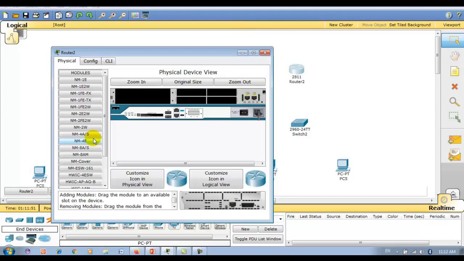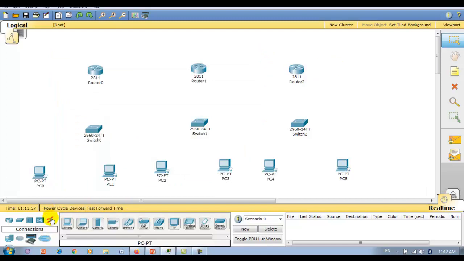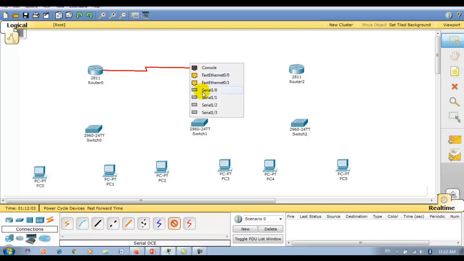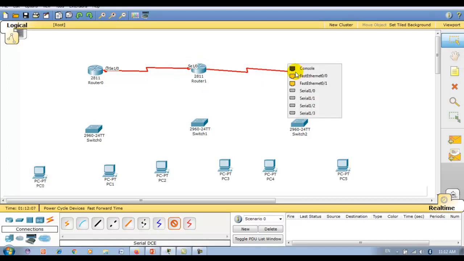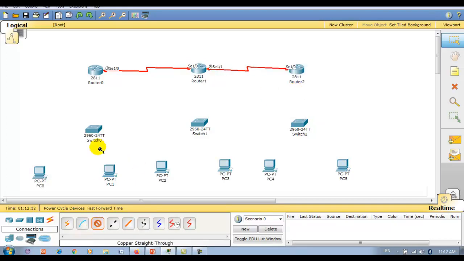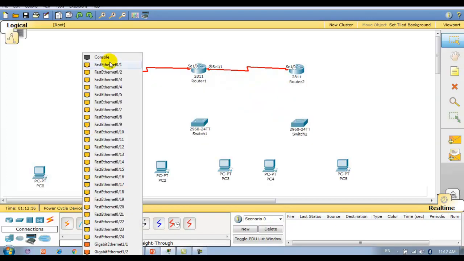So we have to connect all the routers with DCE serial cable. All the others are connected with straight-through cable.